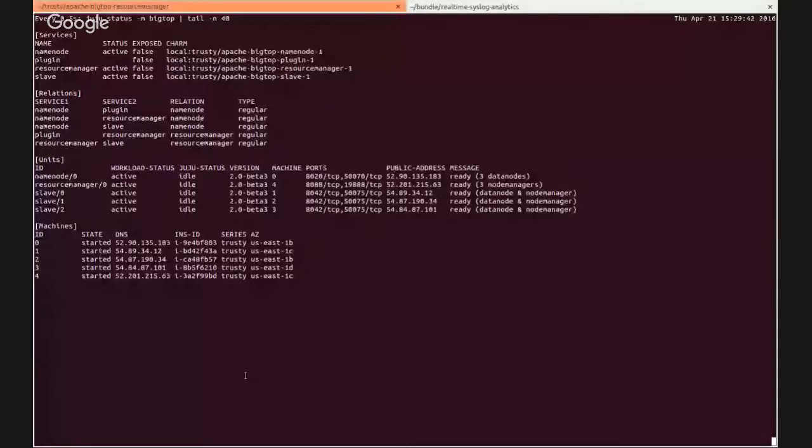This is still a work in progress, but we've got it up and deploying the name node, resource manager, and slaves from Big Top, as you can see up here at the top. I know this is probably kind of small on the screen share, but there's a lot of information here. The really nice thing about this is we built this from the ground up using layers. So we've got a Big Top base layer that's going to make it really easy to deploy not just the Hadoop components that you see here,